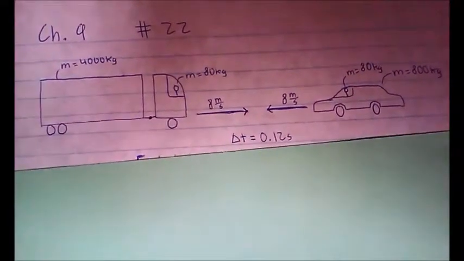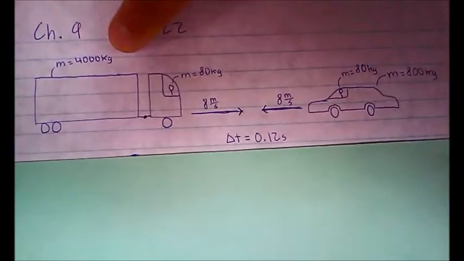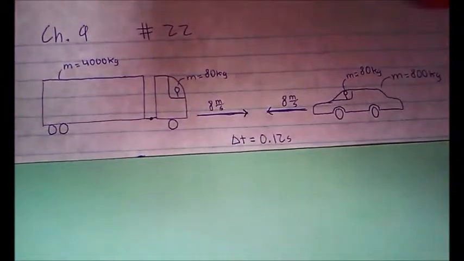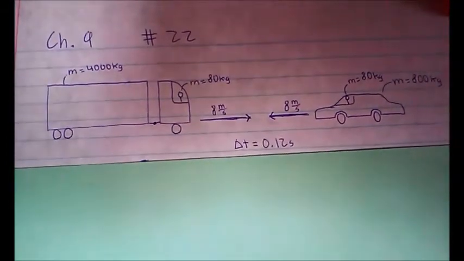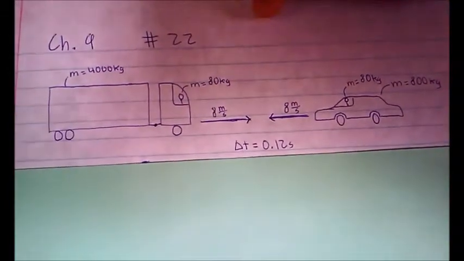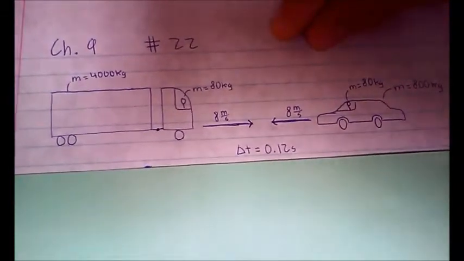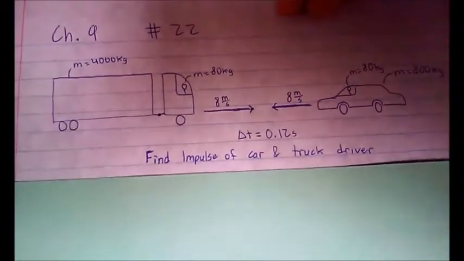This is Chapter 9, number 22. We're going to start by drawing a diagram explaining what's happening in this problem. We have the truck over here moving at 8 meters per second with a mass of 4,000 kilograms. We have the car here with the driver, also 80 kilograms, and the car weighs 800 kilograms. Because the car is moving in the opposite direction, we give the car a negative velocity. We know the delta t is 0.12 seconds, and it wants us to find the impulse of the car and